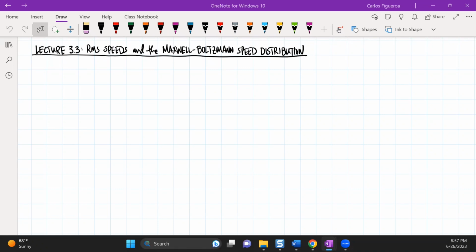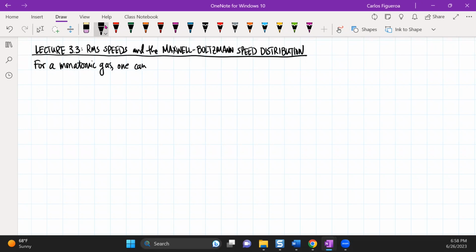Lecture 3.3, RMS speeds and the Maxwell-Boltzmann speed distribution. They typically call it the velocity distribution, but we don't include direction, so I'm going to say the speed distribution. For a monatomic gas,